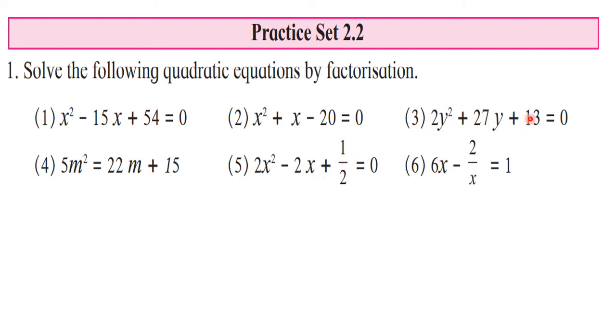See, this is simple. When I discuss this with you, or when just now we have discussed the solved example, solving this is possible for you. Here also this 1 upon 2 is there, so to eliminate this 2 from the denominator you will multiply by 2 and then you will get the simple equation and then you can solve by factorization. Okay, so I am solving first, second, fourth and sixth. Okay, so let us start with the first one.